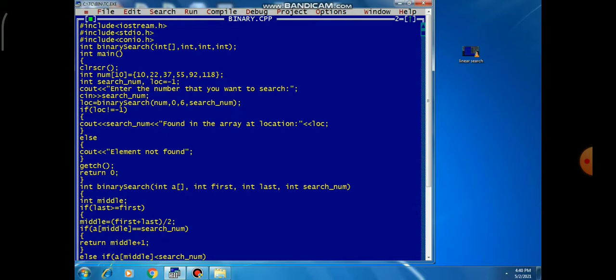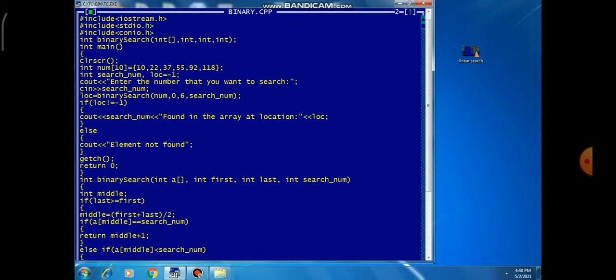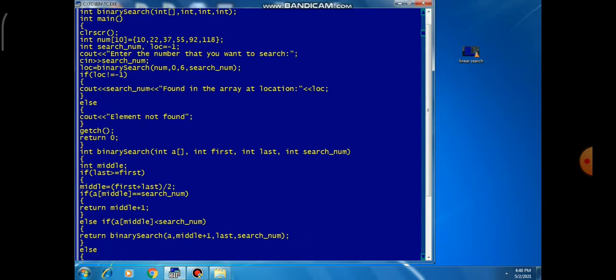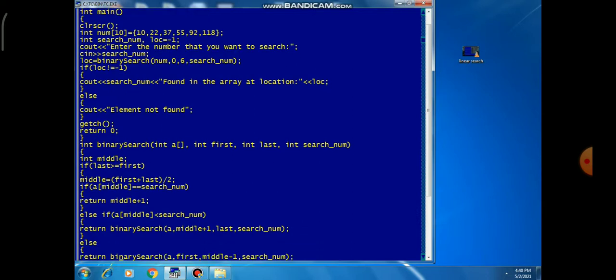Okay, so if the searching element is found in the middle location, it will print the location and our search is successful. Otherwise our sorted array is divided into two halves, first half and second half, and as per our conditions that we have studied in our theoretical part, we are checking our first or second half.